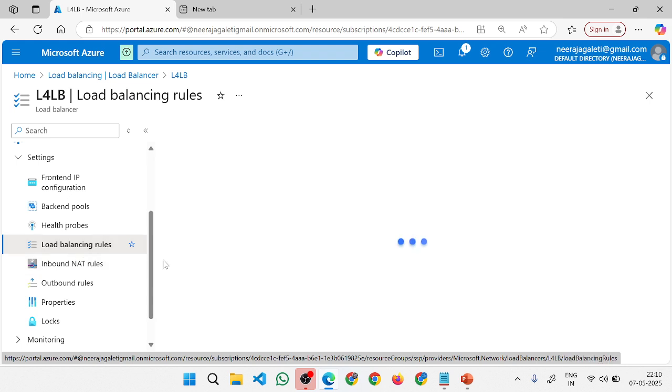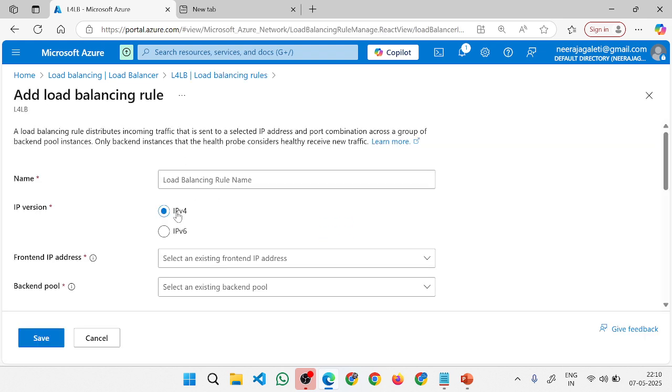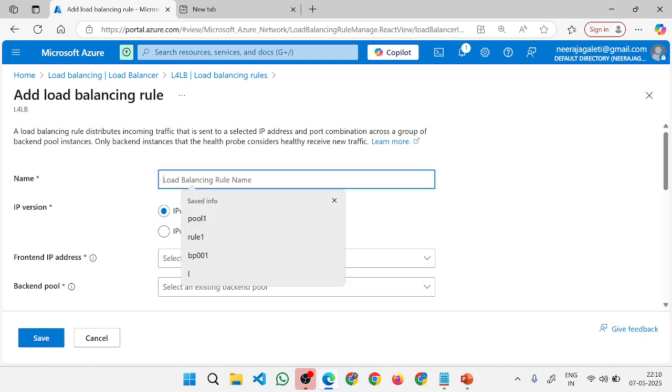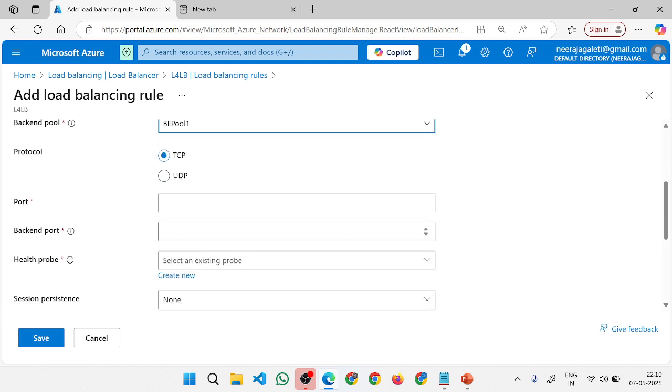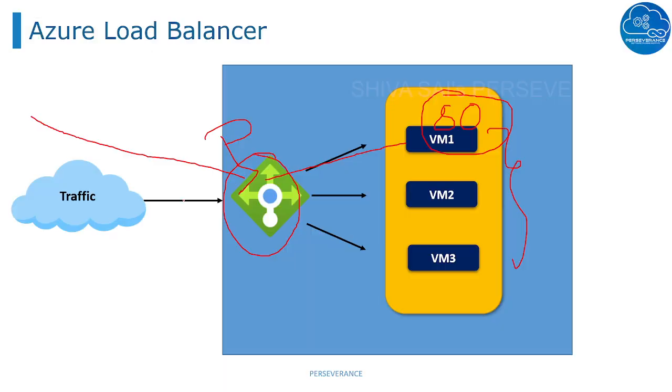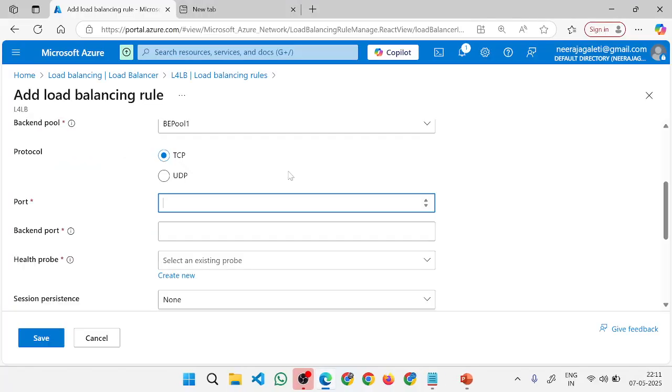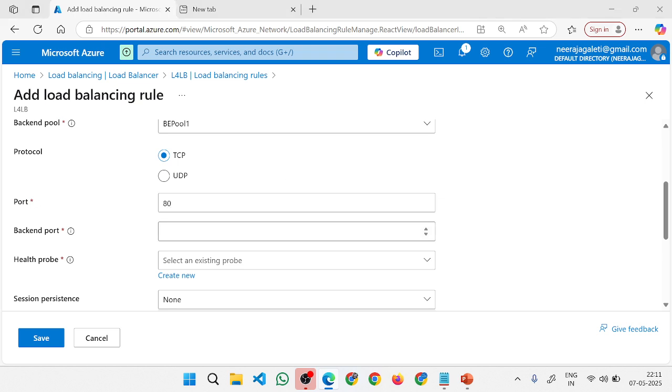Go to load balancing rules, click on add. We're adding a rule for traffic forwarding. So maybe LB rule 01, anything as such. This is our IP, and the backend pool is this one, right? This TCP port is the port at the LB level, so that is 80 only. And this is at the